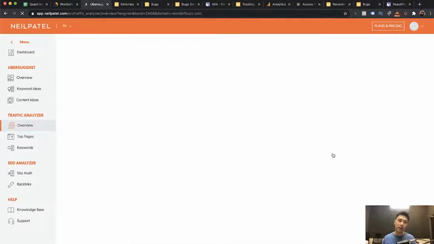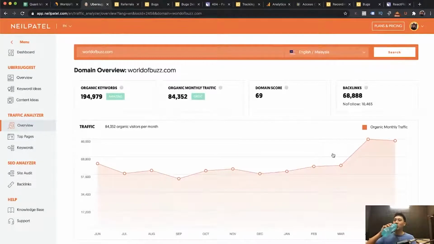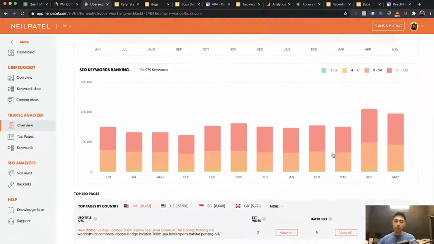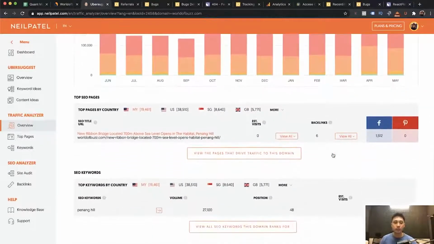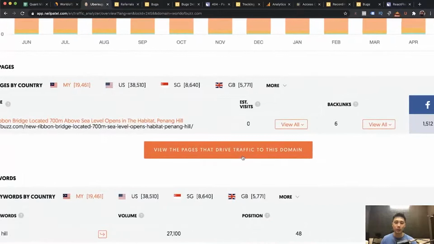And what we're going to see is a bunch of data that comes up. Give it a few seconds, let it run. Okay, so if you scroll down here, we can view the pages. You can see this button here: view the pages that drive traffic to this domain.